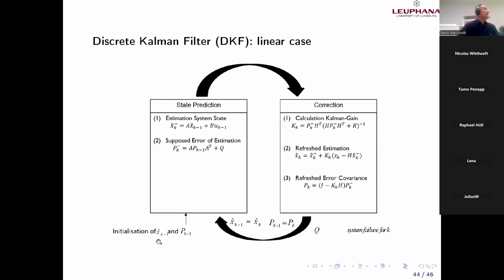as we will see now with the software, the initial vector of the variable which I want to estimate, and also the error P. The covariance is, I told you, a little bit more complex. We will see with MATLAB a little bit more in depth. But after the first step,